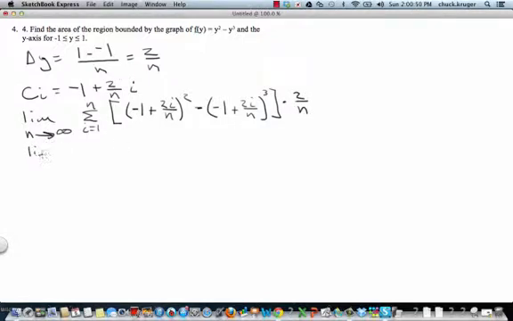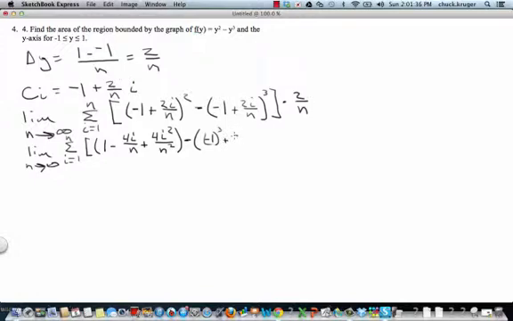Alright, so that gives me the limit as n goes to infinity, summation of i equals 1 to n. Again, I'm going to do binomial expansion here. And so I'm going to have 1 minus 4i over n, because I'm going to multiply these two together. That's why it's negative, and then double it, and that's why I get a 4i, plus 4i squared over n squared. So it's just that term times itself, minus, and I'm going to take the negative 1, I'm going to cube it,